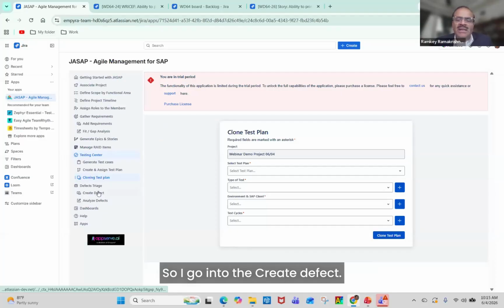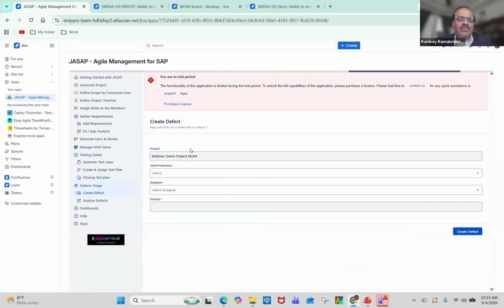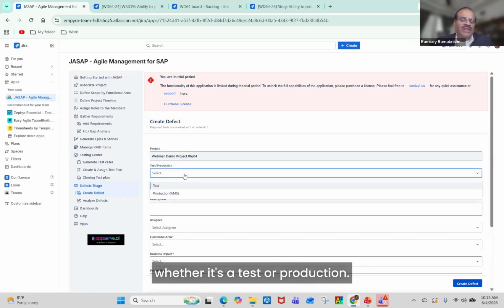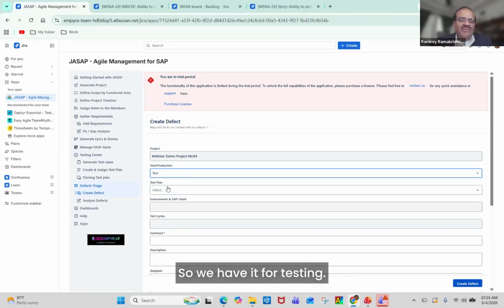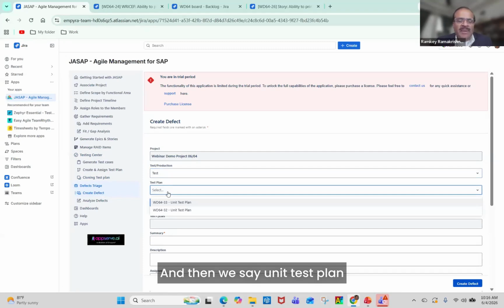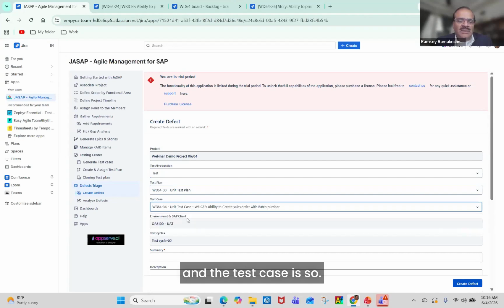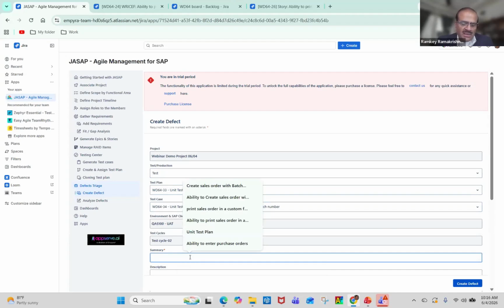So I go into the create defect. So the project automatically populates, whether it's a test or production, because the defect module is used not only for the test, it's also used for later support activity. So we have it for production also. So we have it for testing, and then we say, unit test plan, and the test case is so and so. Automatically it populates. Summary is